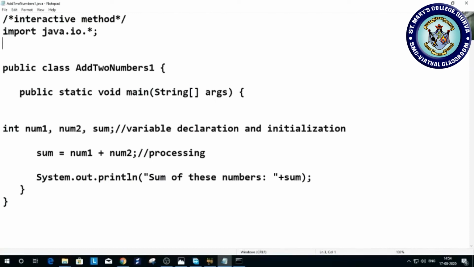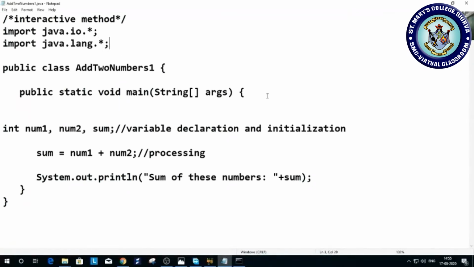Next we have to define one more header file: import java.lang.*. The star indicates a wildcard character. Whatever files exist in this folder will be loaded in your program.